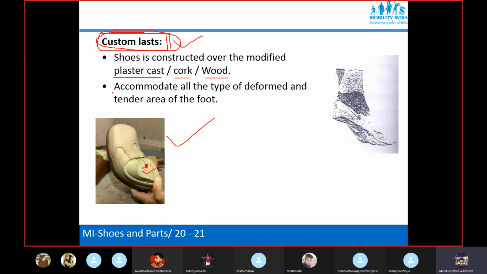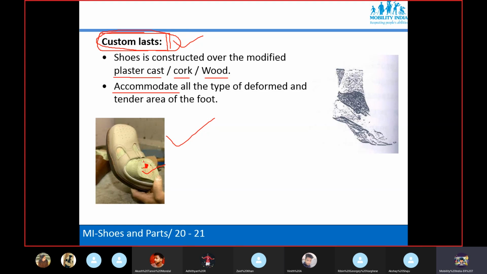Whenever the deformity is fixed, you need to accommodate it, and to accommodate the deformity you should have a customized shoe last. Means you need to take the measurement and cast and modify it. Clear?